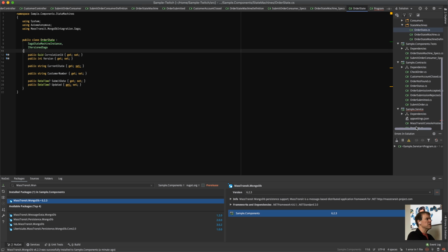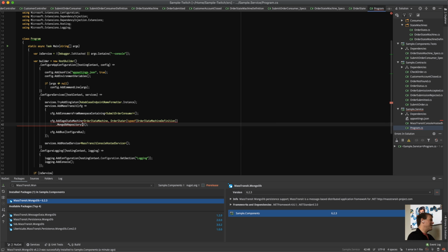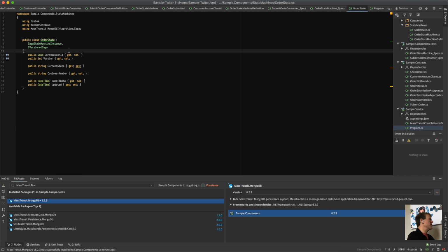If I go back to my service, I can see that I get an error here. I can't use Redis because it doesn't support that type. Thank you in the chat for that, because otherwise I would be sitting here pulling my hair out trying to figure out why that didn't work. It was like, don't forget the BSON ID. Yes. So order state, because we're using,